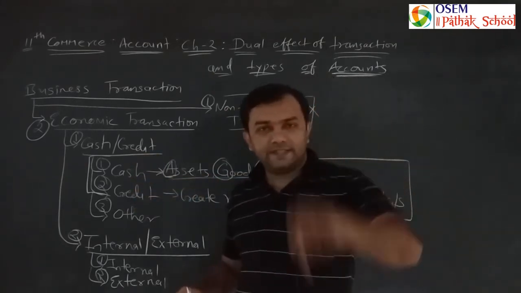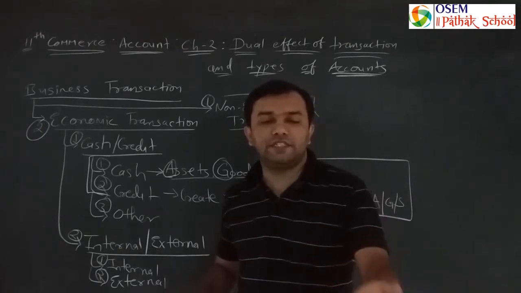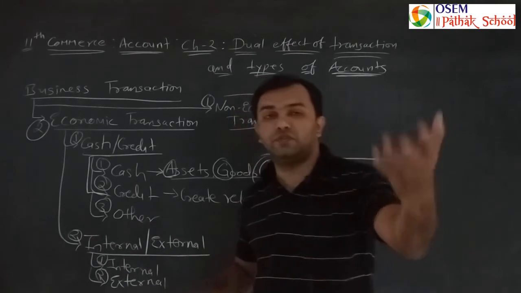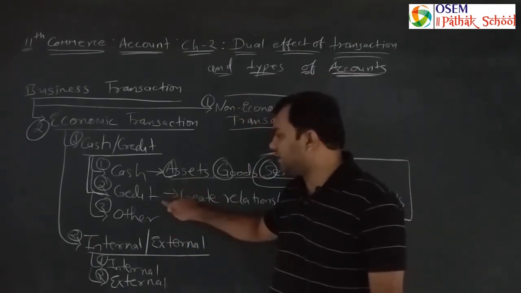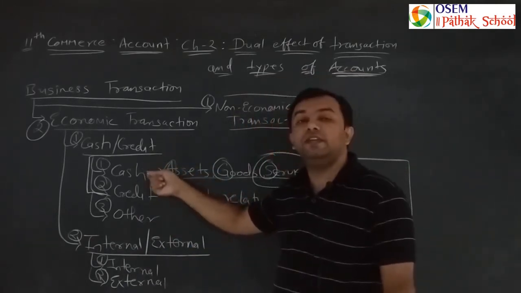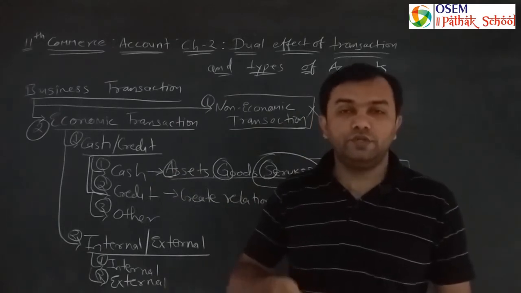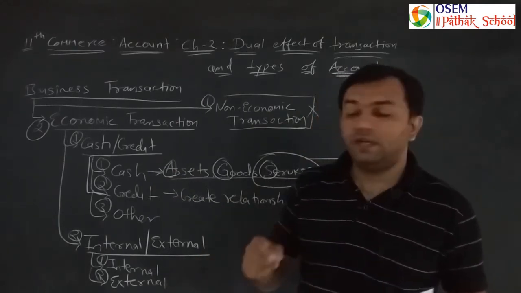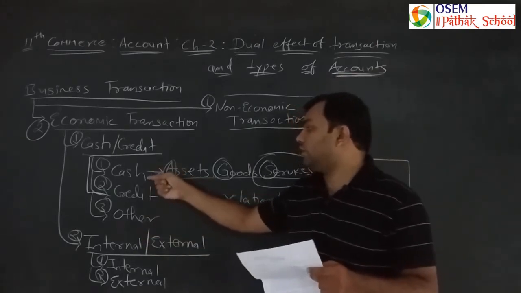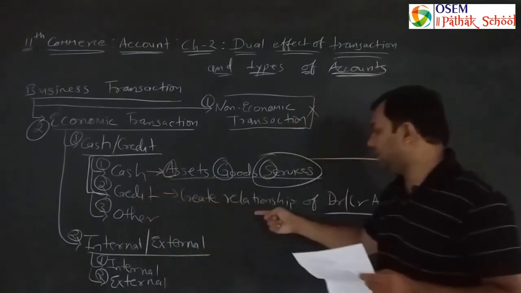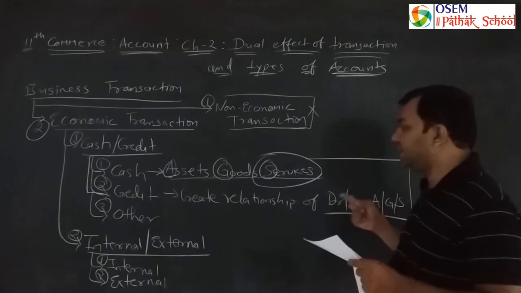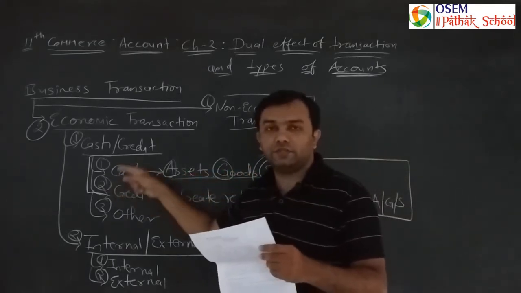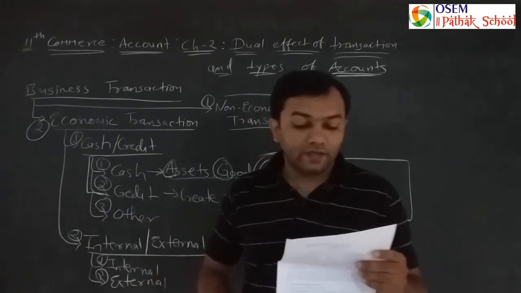If in present we are providing goods and services without cash, and cash payment is received in future, right now it is a credit transaction and in future it will be a cash transaction. So you need to understand, in this particular category we are learning the cash transaction. If a relationship of debtor or creditor was created in past, and right now we are receiving or paying the cash, that is considered a cash transaction.